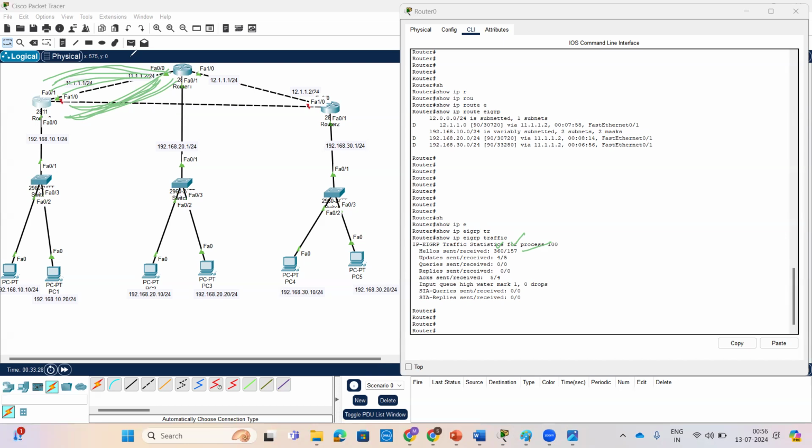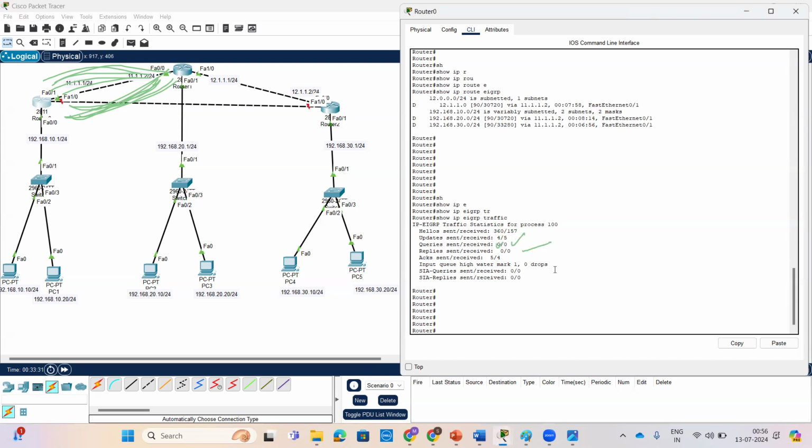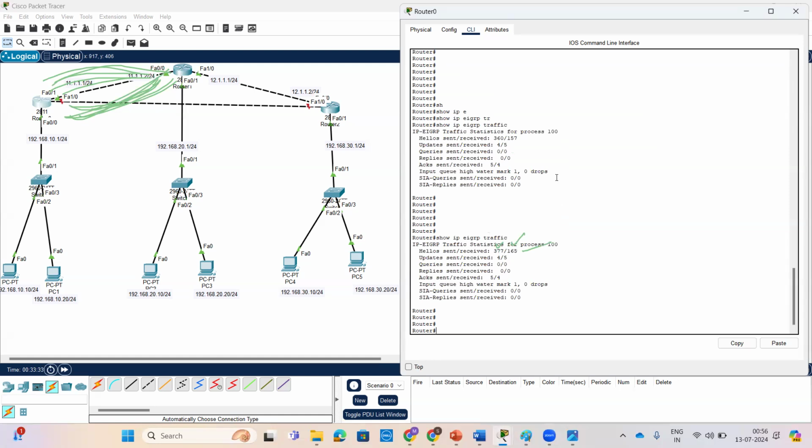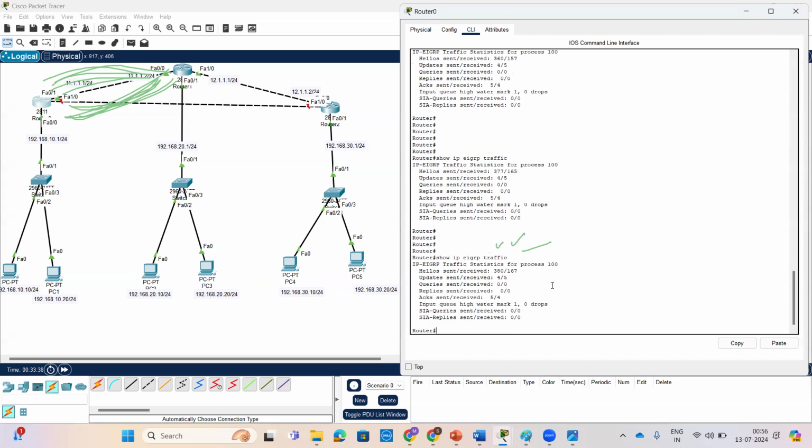The packets only, actually. You can check again, the value changes. But why are the update packets and acknowledgement packets not changing? Because